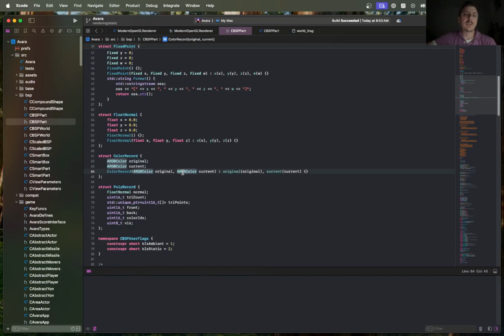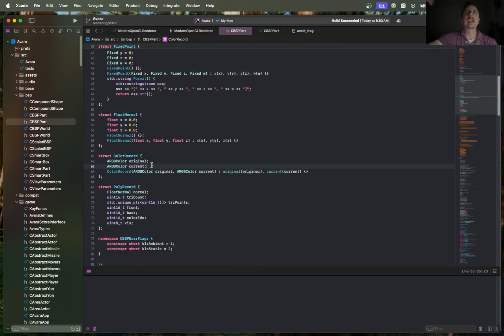I wanted to actually combine those tables into a single table, and have the original color and the current color sitting side by side, at a single index, because if we had two vectors, one that's the original color table and one that's the current color table, one could potentially